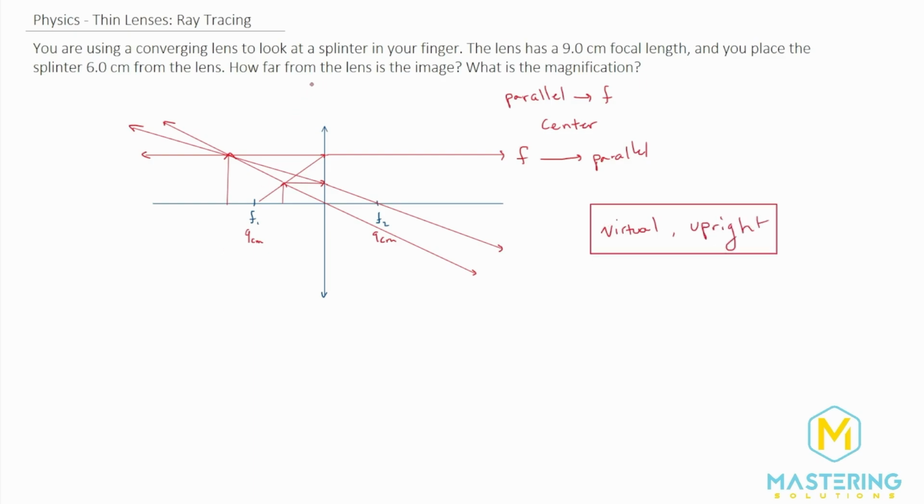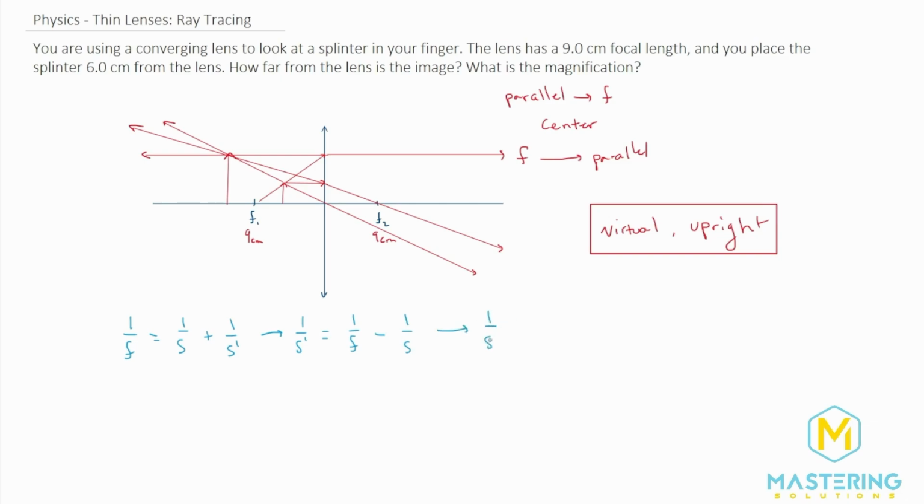And now let's figure out how far away from the lens it is. We're going to use the thin lens equation to do that. We know that the thin lens equation, as we've done a lot of times now, is 1 over f is equal to 1 over s plus 1 over s prime, or the object distance plus the image distance equals the focal length. And then we're trying to solve for the image distance. So we'll subtract 1 over s over. So 1 over s prime, or the image distance, is equal to the inverse of the focal length minus the inverse of the object distance.